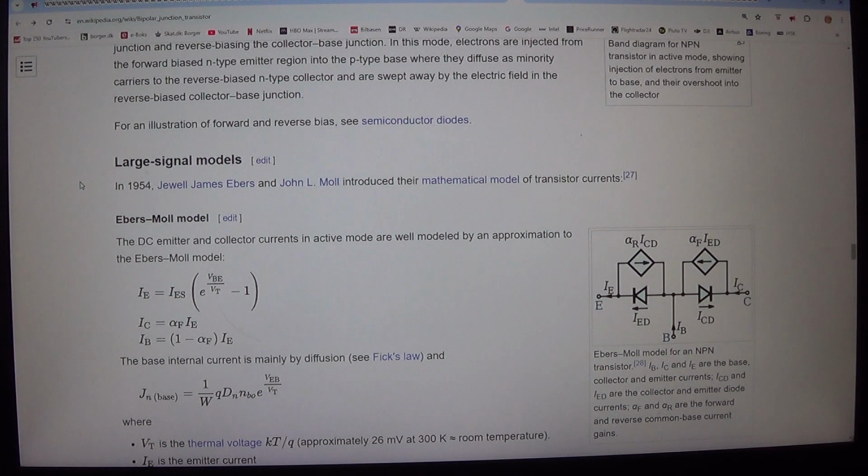Large signal models. In 1954, Jewell James Ebers and John L. Moll introduced their